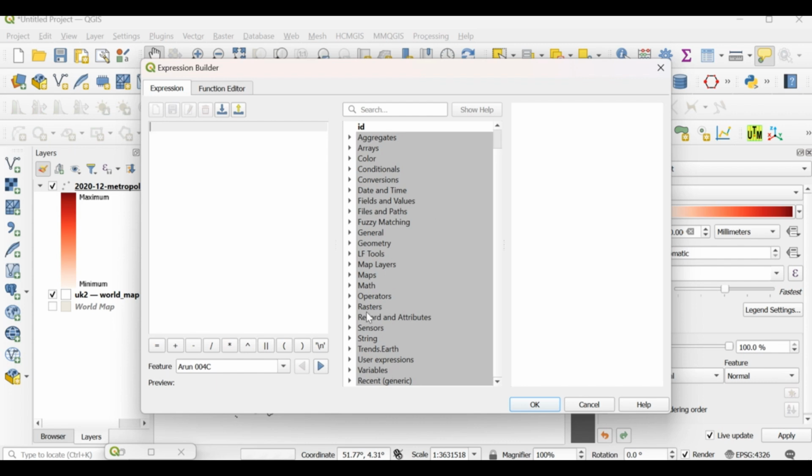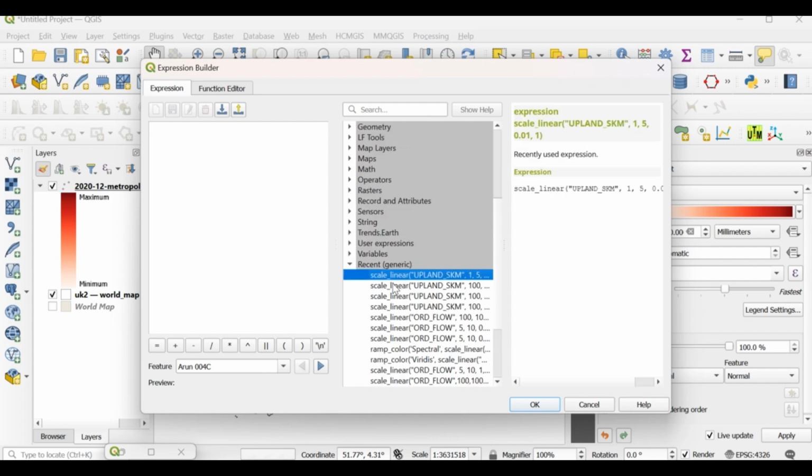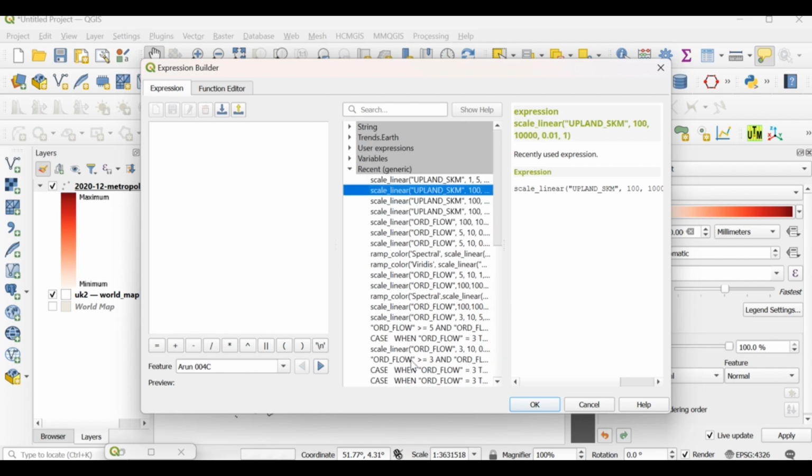So the best idea is to create an expression that will go through the crime type field and extract a particular type of crime. It can be theft, it can be robbery, it can be rape, it can be anything. I've already generated this, so I'm just going to look for categories in here.